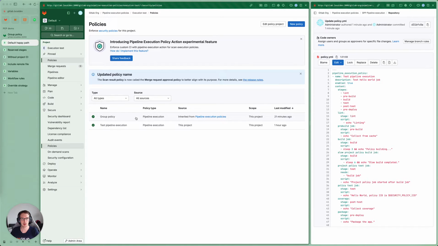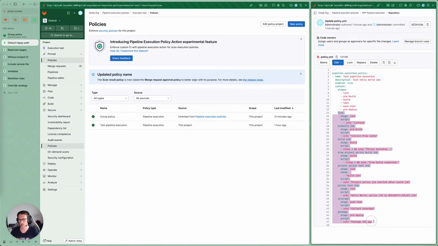Here we can see that this project inherits from the group policy and also defines its own policy on the project level. In this policy, we also see some jobs that we want to run in various stages, and we also see a stages definition.